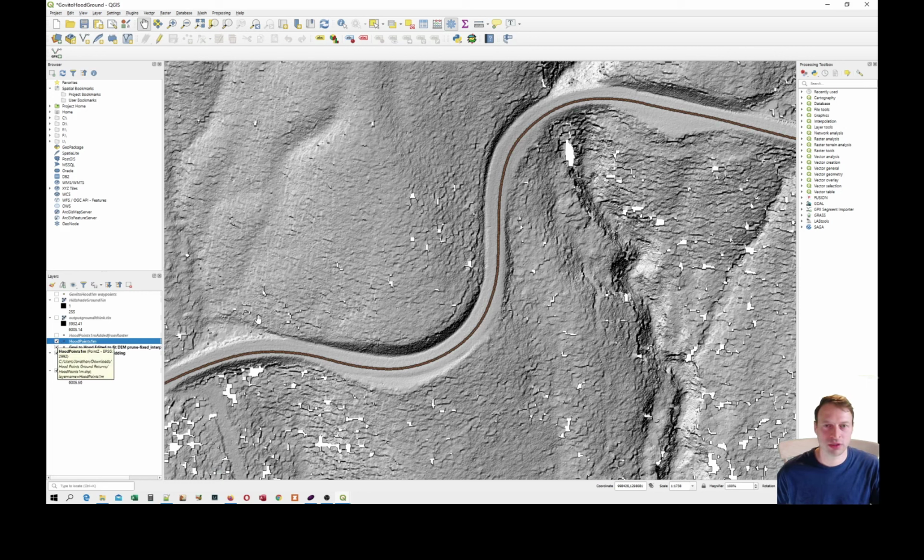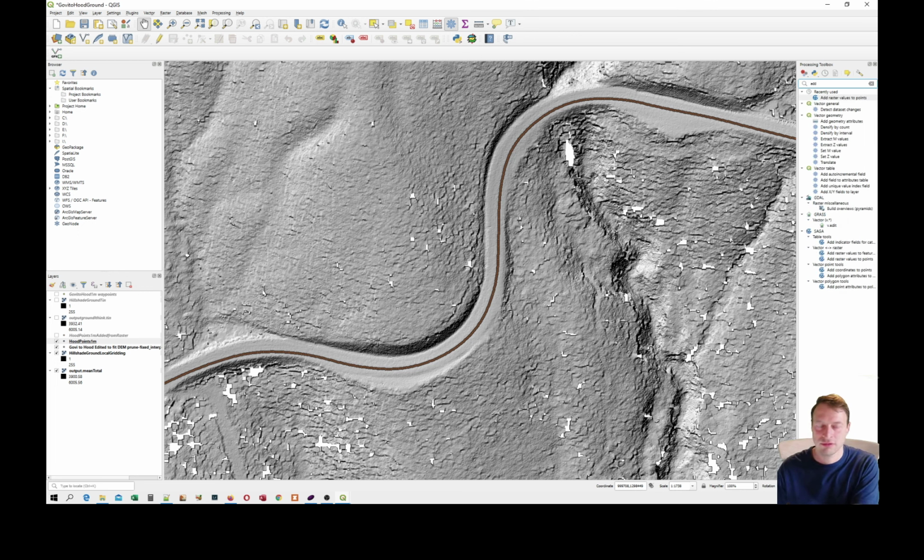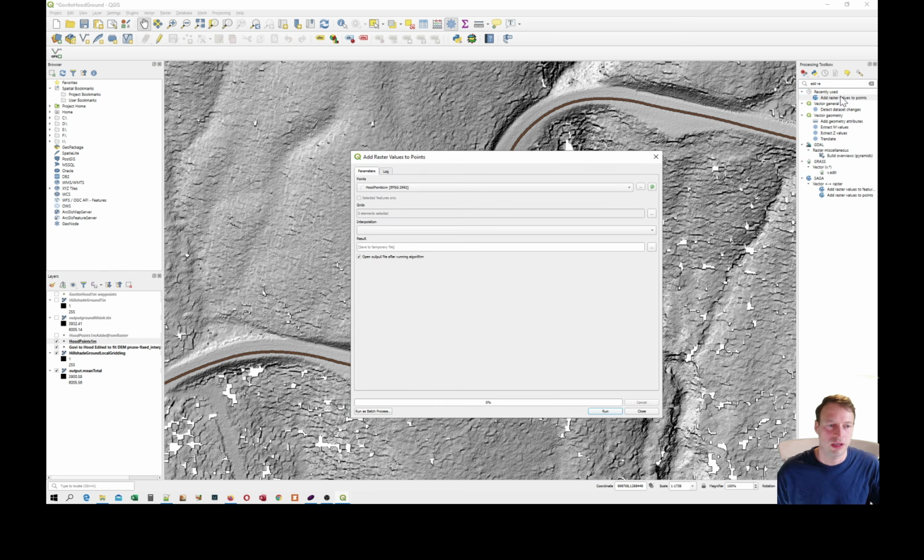Now what I want to do is get the LIDAR data to those points. So I want to transfer from this raster layer to the points, the vector layer. What I need to search for in the processing toolbox is add raster values to points. And so I'll do that. I choose hood points 1 meter. That's the shapefile that I copied from the